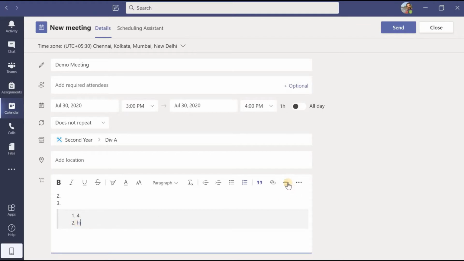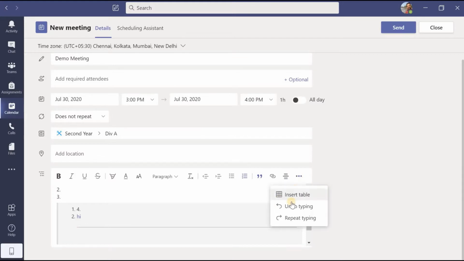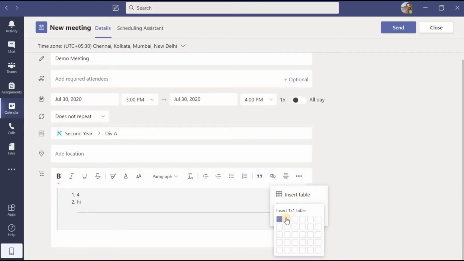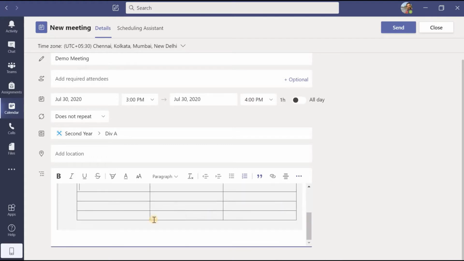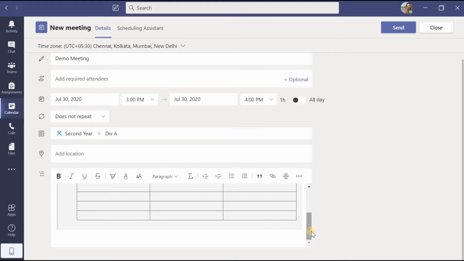If you want to add a horizontal line, you can add. If you want to insert a table, you select the number of rows and columns, click here, and the table will be inserted. Inside it you can give some information. If you want to delete some columns, some rows, or the entire table, that is also possible. And as usual, undo typing and redo typing.